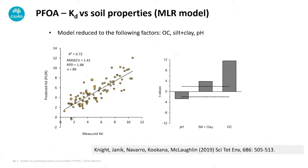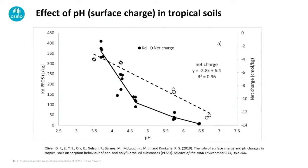And the main properties that came out of the spectra were not just organic carbon, it was a strong predictor of the KD, but also pH and silt plus clay. So we can't just use that organic carbon normalization. This work I put in because we're in North Queensland, and because of that relationship with pH, it means that in tropical soils, perhaps with the variable charge in these soils when they become acidic, so in the subsoil, you've got net positive charge in the soil, that could attract the hydrophilic end of the anion, the PFAS